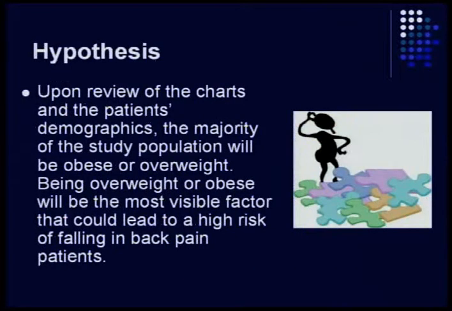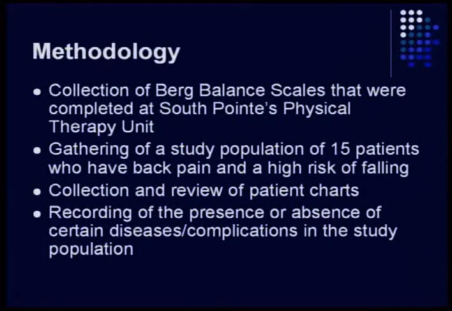Hypothesis. Upon review of the charts and the patient's demographics, the majority of the study population will be obese or overweight. Being overweight or obese will be the most visible factor that could lead to a high risk of falling in back pain patients. Methodology. Short-form Berg Balance Scales that were completed at South Point's physical therapy unit were collected and